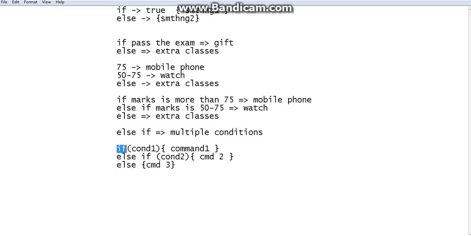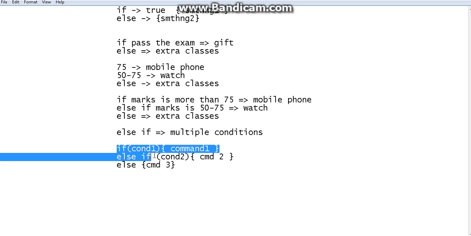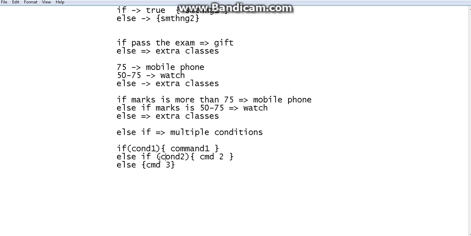That means if the first condition becomes true, we will not check any other else if or else of that if condition. So these are like wives of this if condition: else if and else. If the if condition becomes true, none of the wives will be checked. If he is the husband, these are the wives. I am telling this to make you understand that these three are connected with each other. Please remember this, guys.